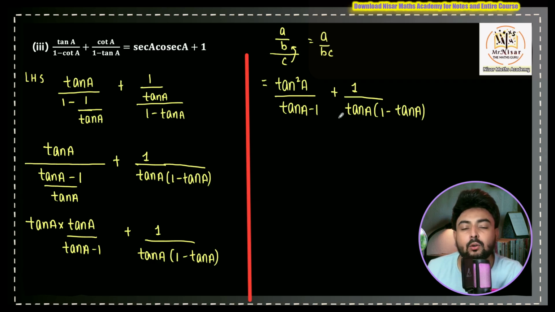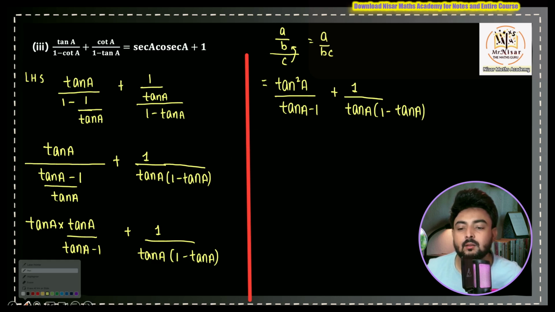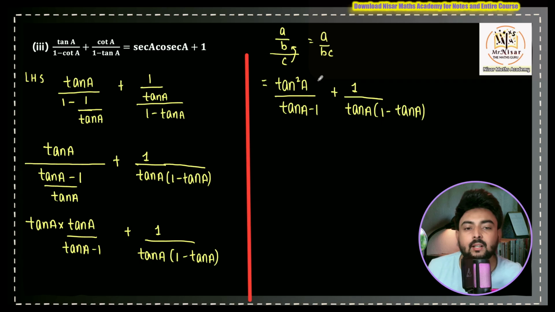Now I want to make the denominator same, which means I want to take the LCM. I want tan A in the denominator here. So I should multiply the numerator and denominator by tan A, this into tan A and here also into tan A. When we multiply the denominator, we should multiply the numerator also. So in the next step, tan square A into tan A becomes tan cube A, and in the denominator we have tan A